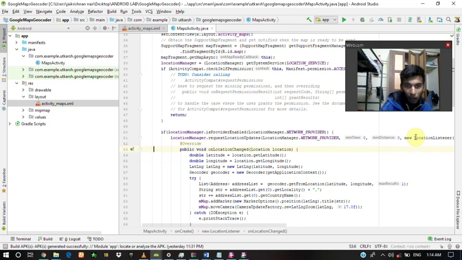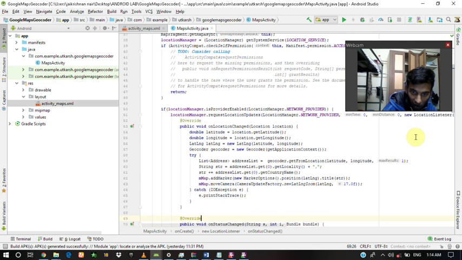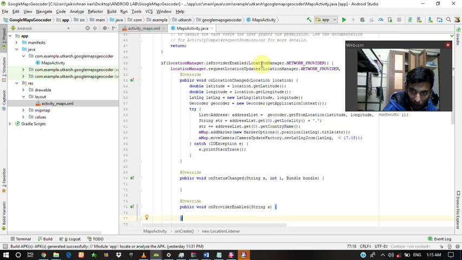Inside it, we have the onLocationChanged function, which gets the latitude and longitude every time we have a change in our position, and we create a LatLng type value in which we create a new LatLng value, passing the latitude and longitude, and create the Geocoder class and pass the application context for this current application. Then we get the list of addresses,